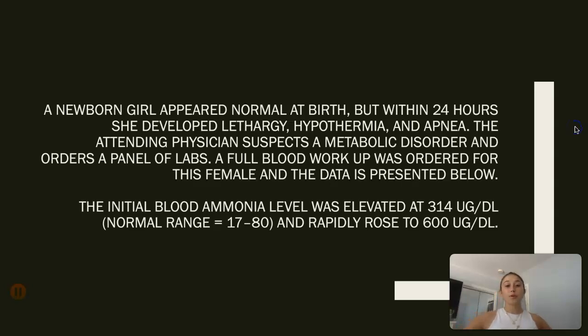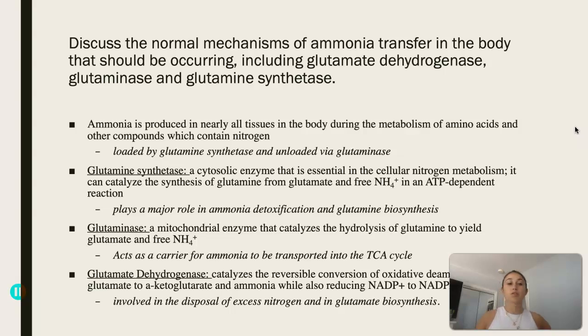So, newborn girl, this is case number 1. Newborn girl appeared normal at birth, but within 24 hours she developed lethargy, hypothermia, and apnea. The attending physician suspects a metabolic disorder and orders a panel of labs, and the full blood work that was ordered comes back, and the data presented shows that there is an initial blood ammonia level that was elevated and is rapidly increasing. So discuss the normal mechanisms of ammonia transfer in the body, and that should be occurring including these